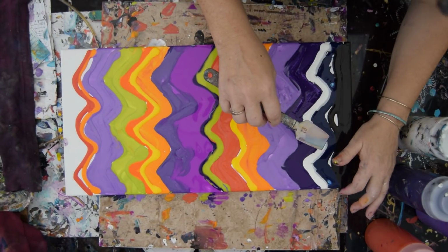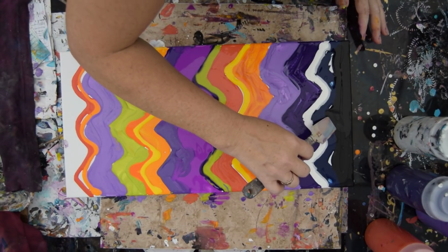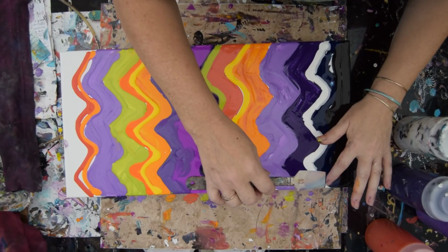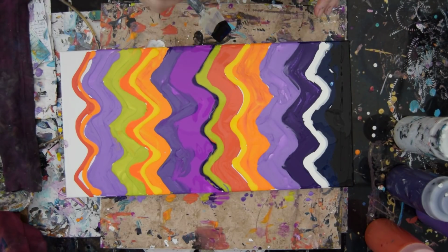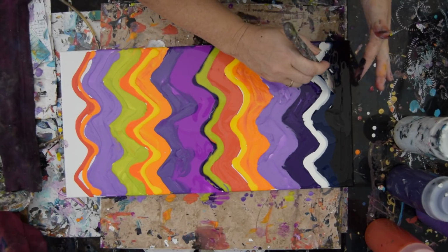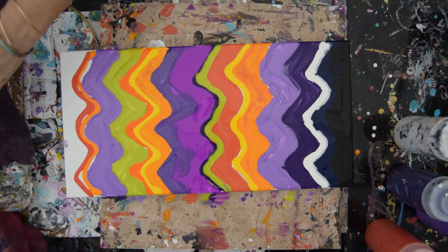So here's me hoping that I'm wrong, because I really do like these colors. But it's a swipe. What else? I'm just going to put that black right down there because I hate wasting paint. Okay, this is